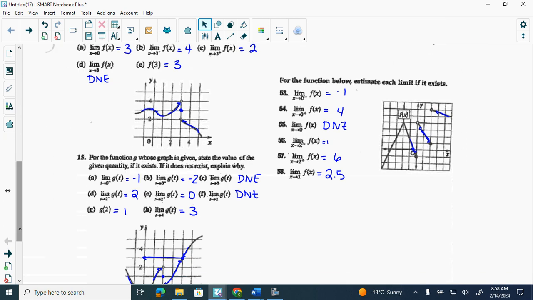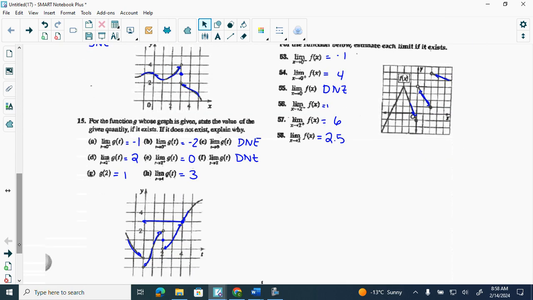Okay, 15. We have 0 from the left is negative 1. 0 from the right is negative 2. Therefore, at 0, it does not exist. 2 from the left is 2. 2 from the right is 0. Therefore, the limit doesn't exist. And g of 2 is 1, and the limit as x approaches 4 is 3, because it just goes through. Okay? So this one would be not continuous at 0 and 2,